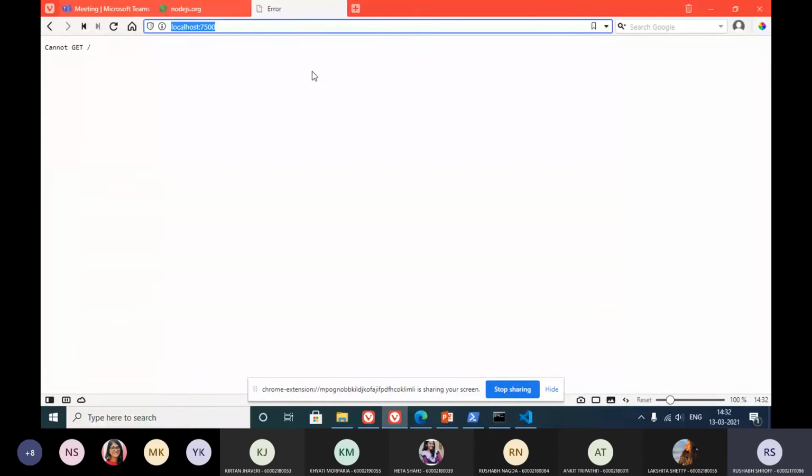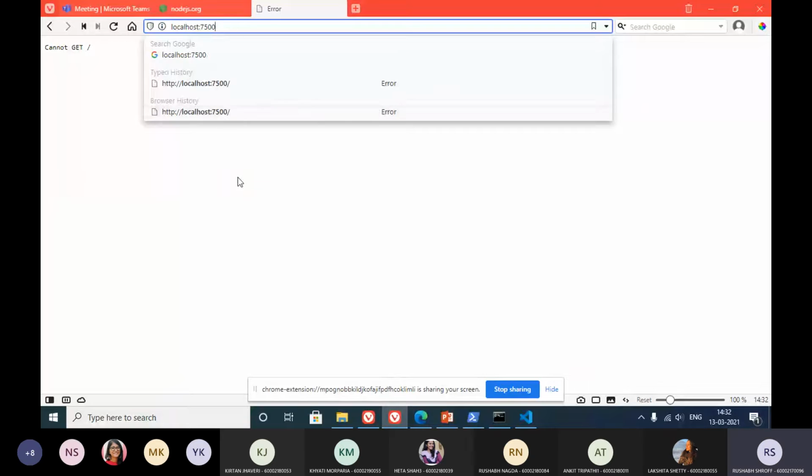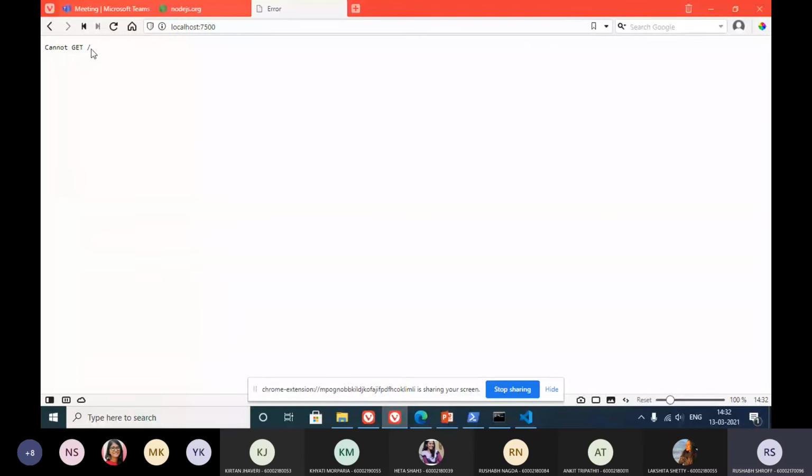So whenever you want to send an HTML page or something like that, which is directly accessible to the user, you are supposed to make it a get request and then send a response as your HTML content, based on the URL that the user is entering, like slash some other path. This is not how we send a post request. To send a post request, we need Postman.